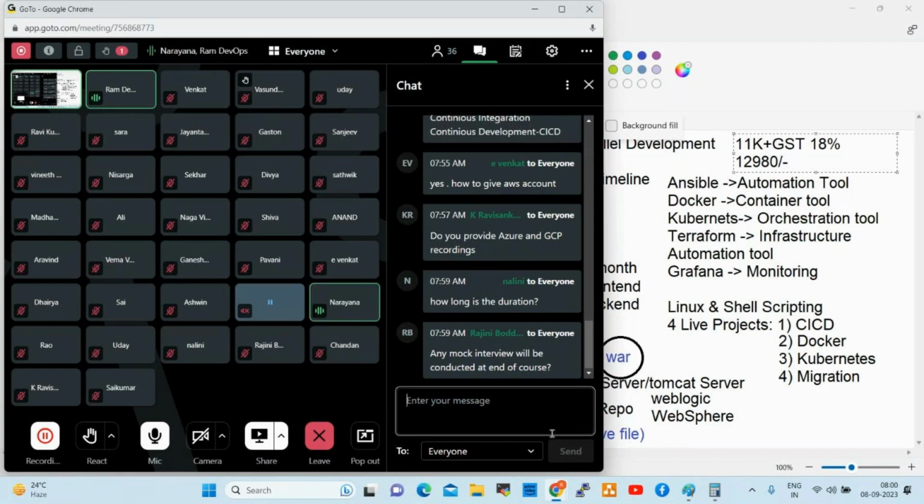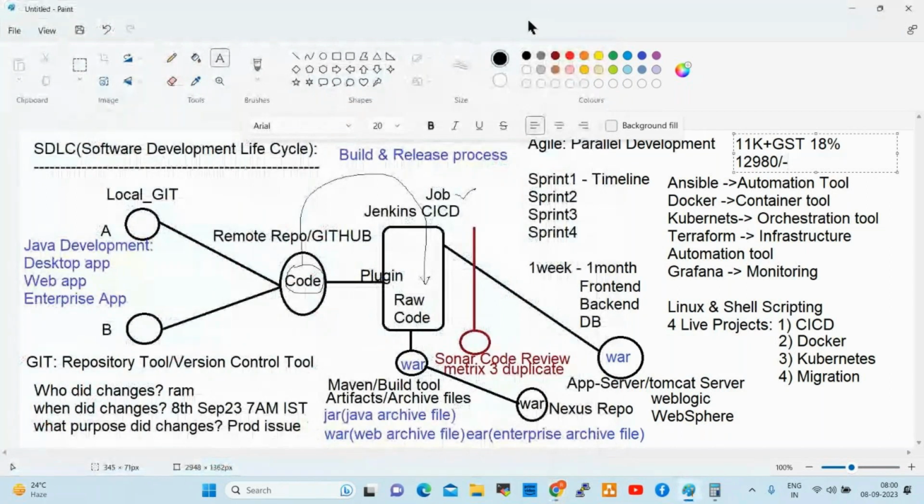After testing is completed with the Sonar code review tool, for non-live applications we store the data in the form of JAR or WAR files. Similarly, for live applications we do not store, and we deploy directly from Maven, right? Exactly. So in non-live applications, the WAR files will be stored in Nexus. In live applications, we can deploy directly onto application servers.